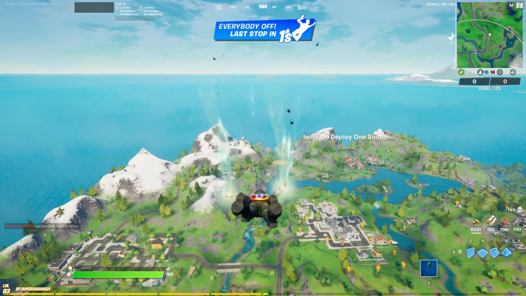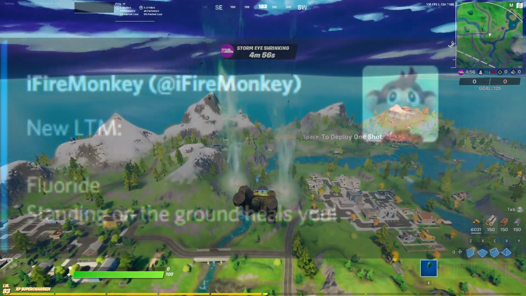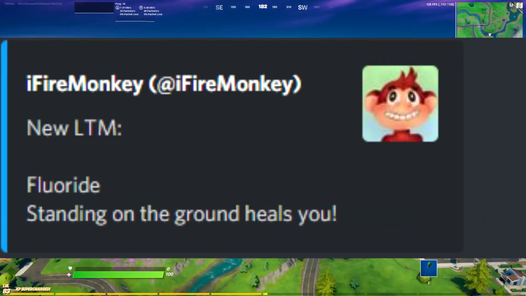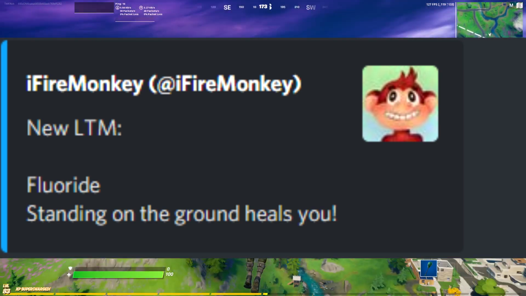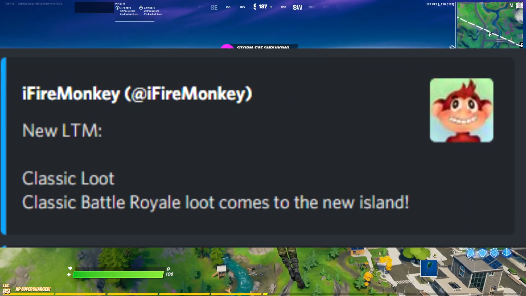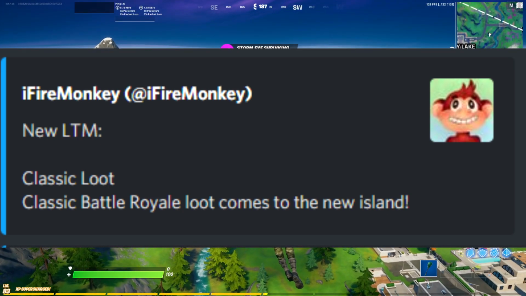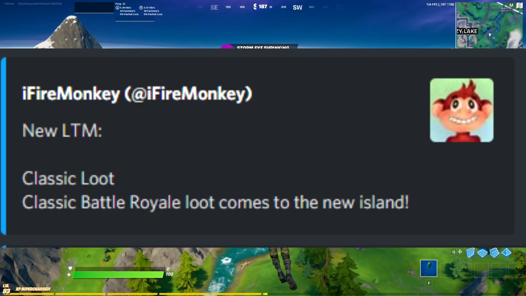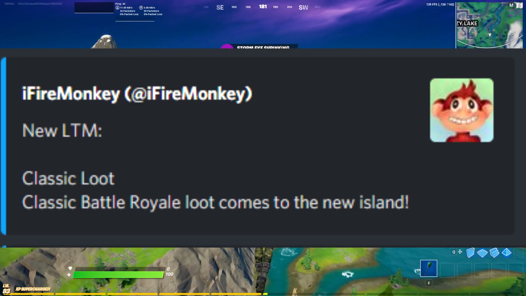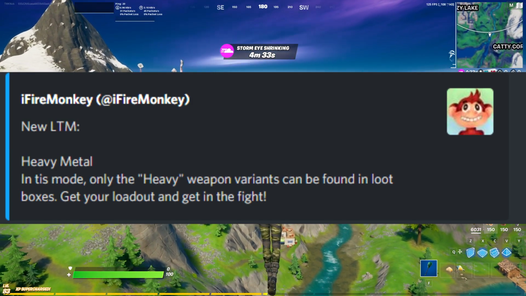So starting out, let's talk about all of the LTM changes and new LTMs that are going to be arriving. The first one is called Fluoride, and basically standing on the ground in this LTM will start healing you. There's going to be another LTM called Classic Loot, which basically just has classic Battle Royale loot. This is suggesting items that may not have ever been out during Chapter 2, so a bunch of stuff from Chapter 1. Another new LTM called Heavy Metal, in which only the heavy weapon variants can be found in the